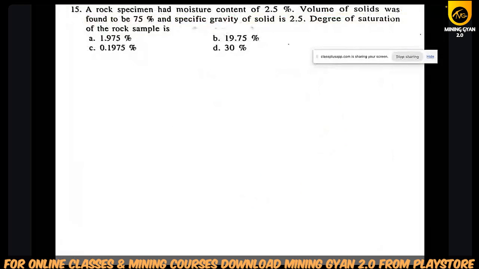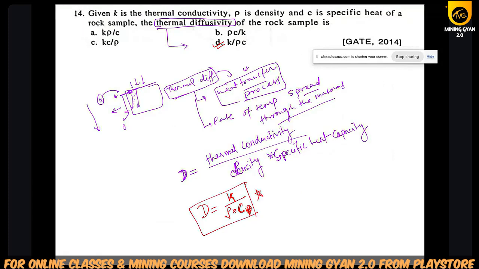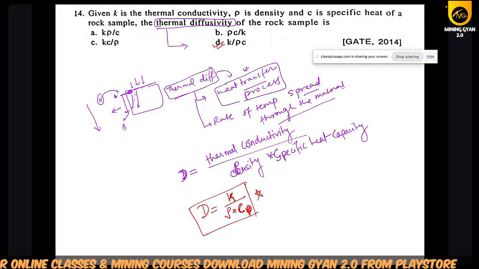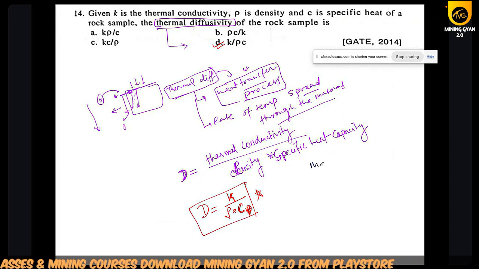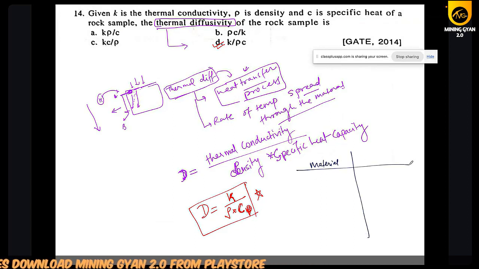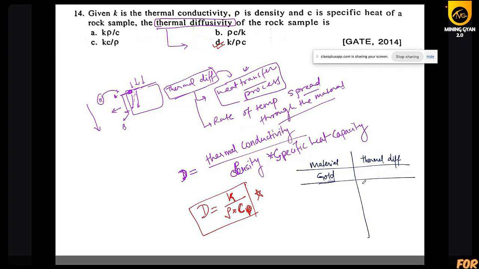So if you want to recall some data, you can also remember this. If I am writing the material and thermal diffusibility of a few materials: gold, silver, aluminium,